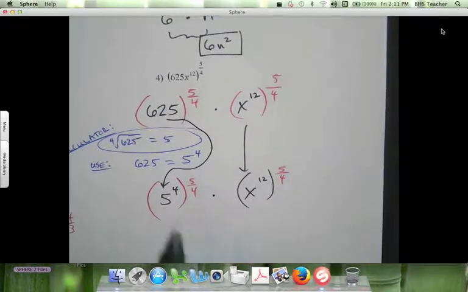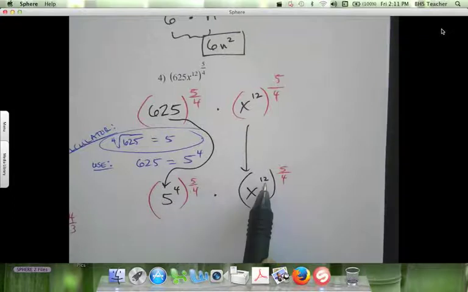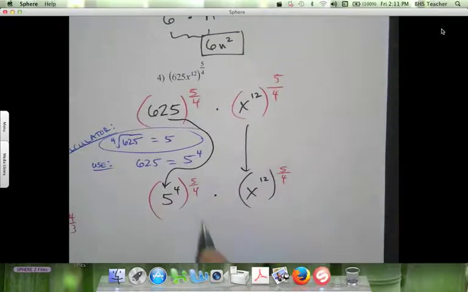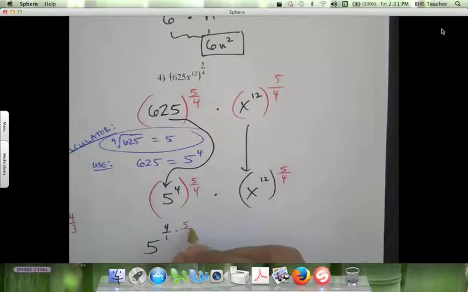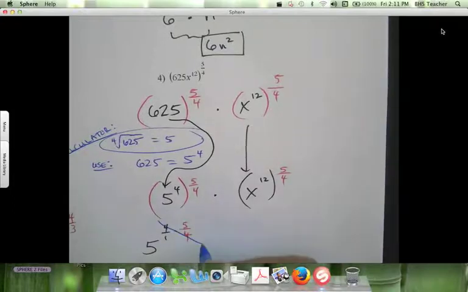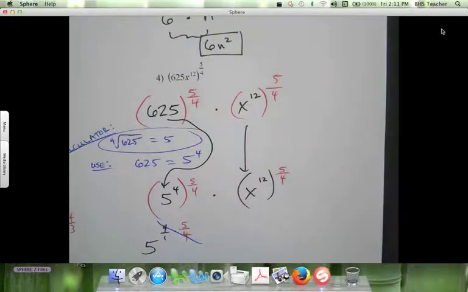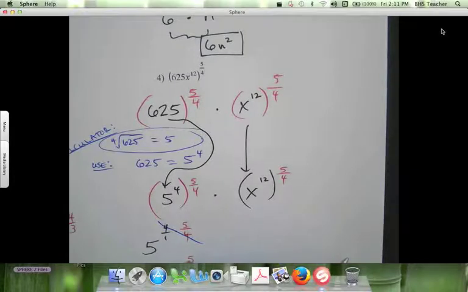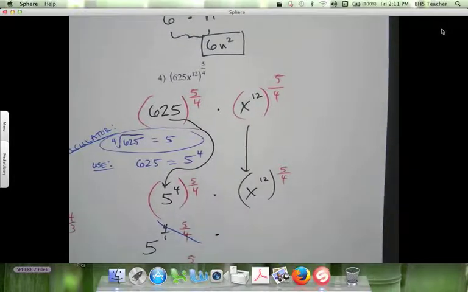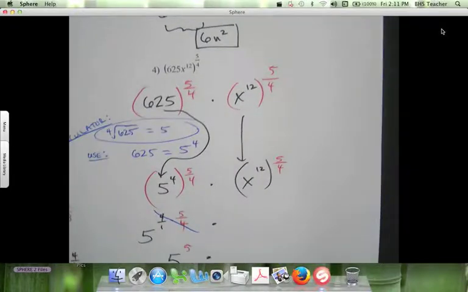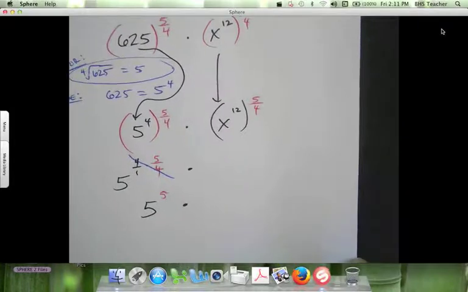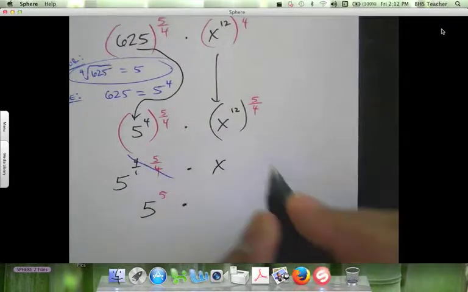So when you have a power to a power, you multiply the powers. That's 5 to the 4 over 1 times 5 over 4. I know that here, this 4 and this 4 divide out. I'm left with 5 to the power of 5. I'll get back to that. Oops, sorry. And then here, same thing. x to the 12 is 12 over 1